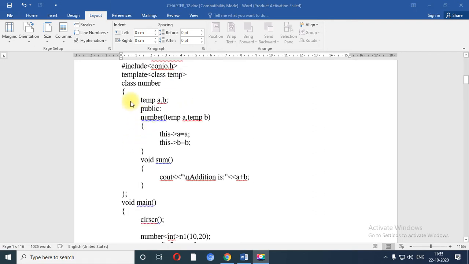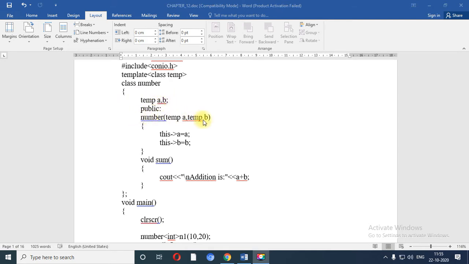Now I have created one class called number. Now see, the data type of A and B is of temp. That means either it may be integer or it may be float, depends on the data. When I call this particular template, at that time the data type of variable A and B is decided.